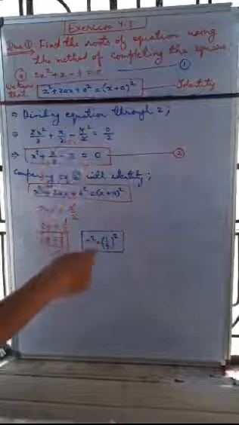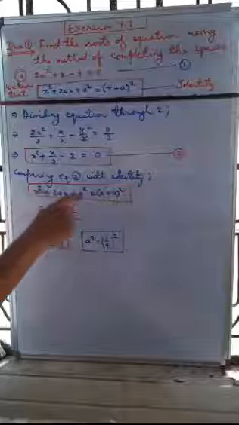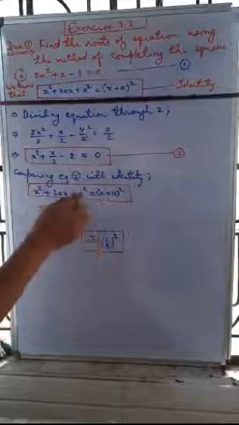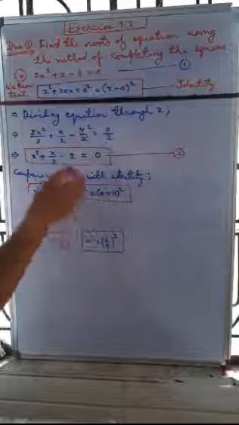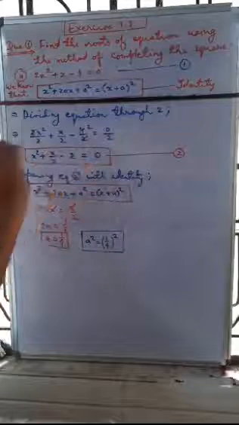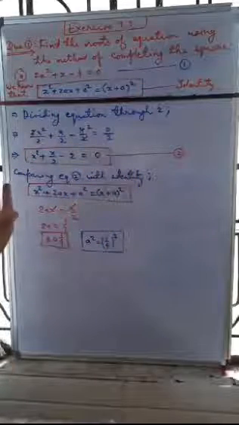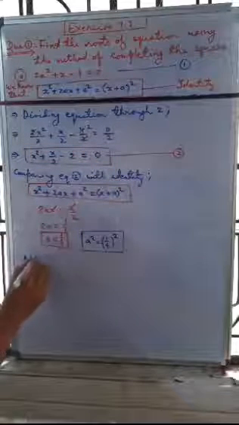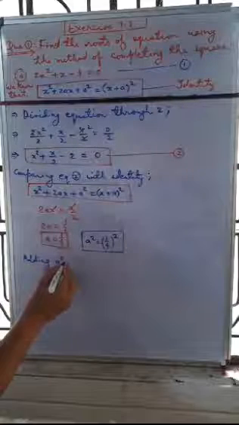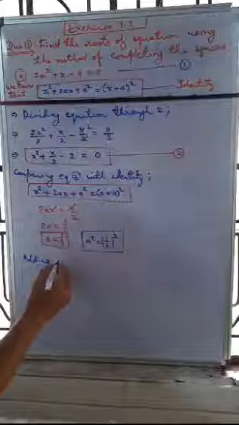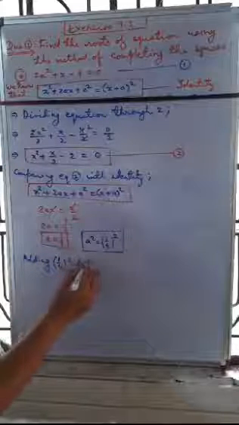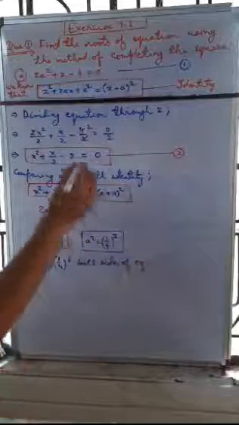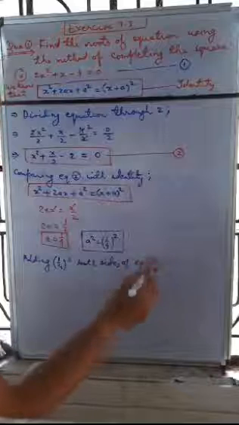Now we have to add a square, because we need x square plus 2ax plus a square. There is no a square in this equation. So we will add a square, and if you are adding a square on the left hand side, you can add it also on the right hand side, so there is no effect on the problem. So we will write here: adding a square, where the value of a square is equal to (1 by 4) square, on both sides of equation 2. So now we will add here.